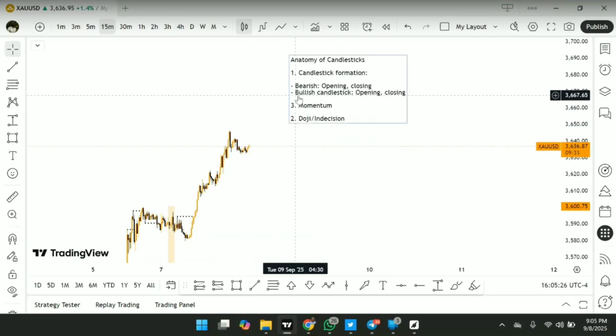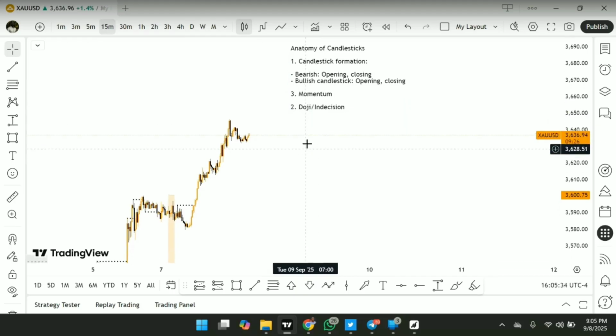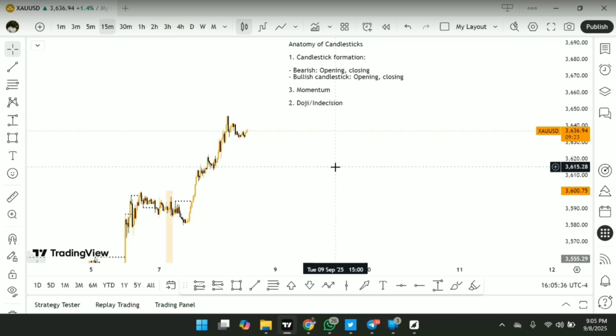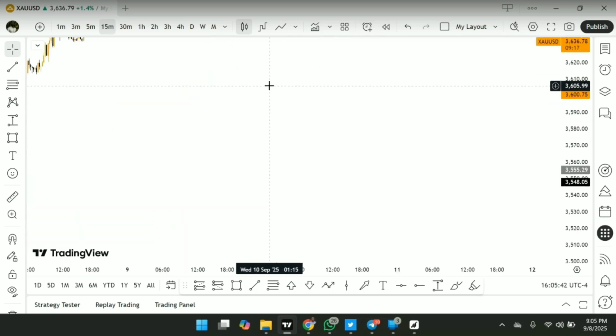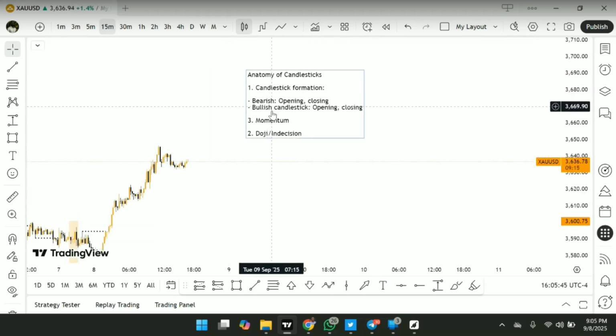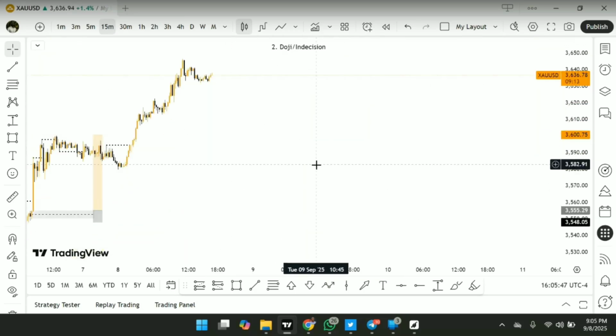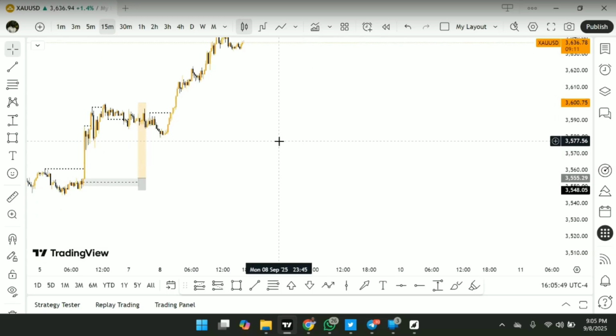Hello, Steve. Formation and the bearish and the bullish candlesticks. Also, I'll be talking about the momentum, then the doji or indecision candlesticks. So, candlestick formation basically is all about how candlesticks come about, the formation of the candlesticks. So, we have bearish and bullish candlesticks. So, for a bullish candlestick,